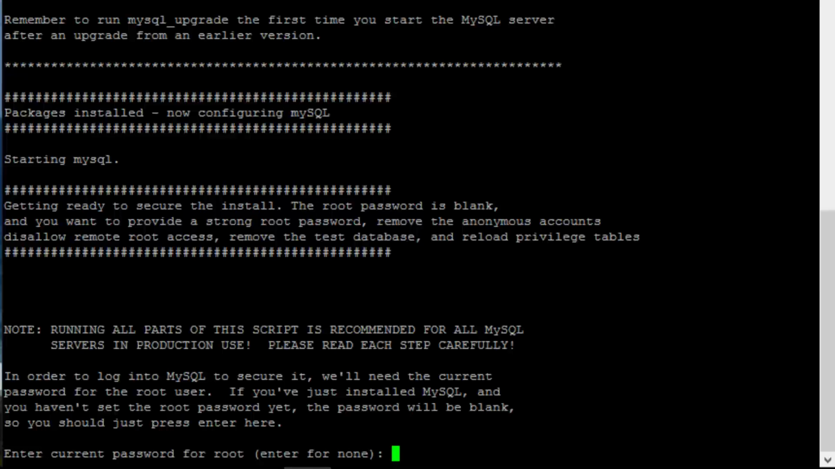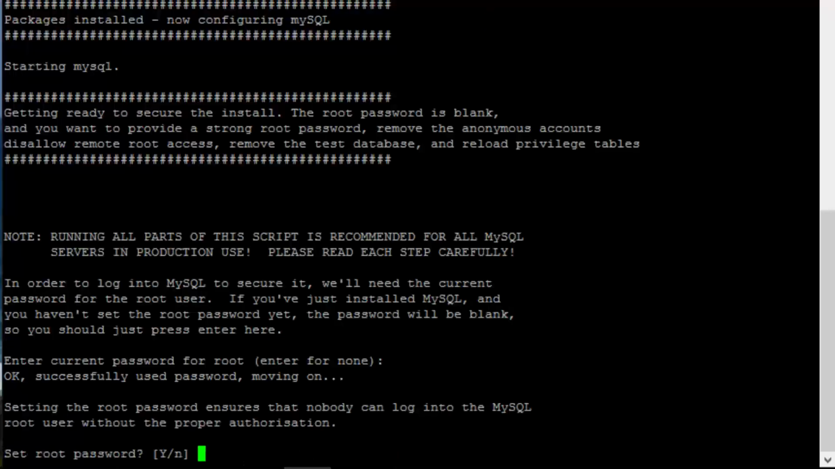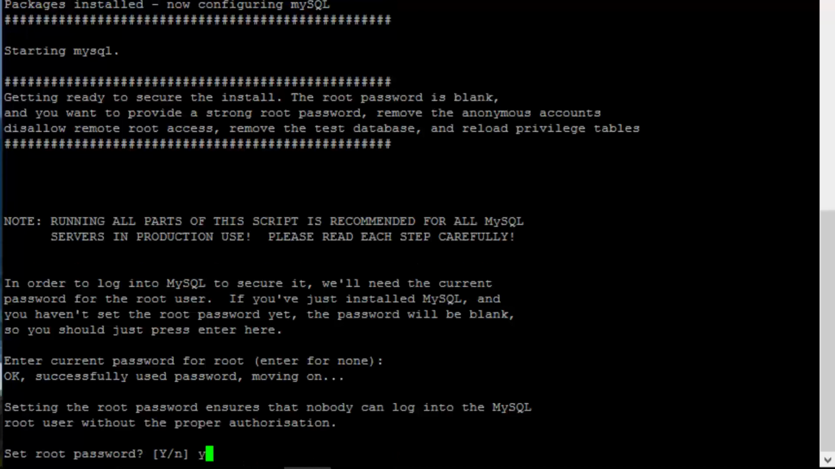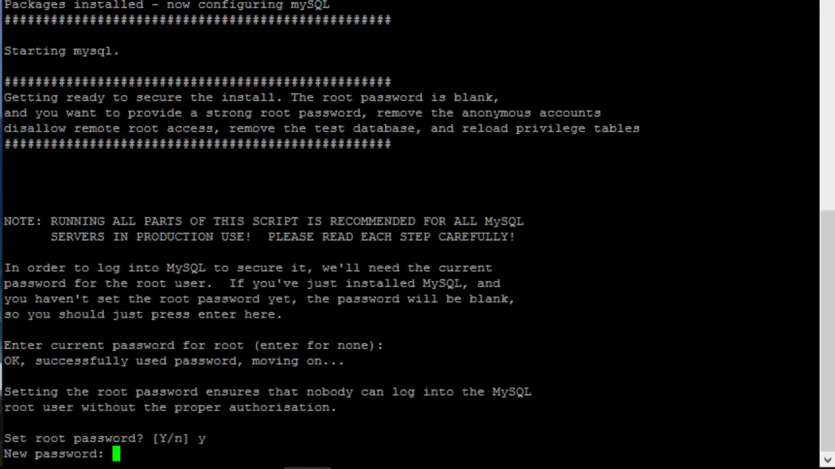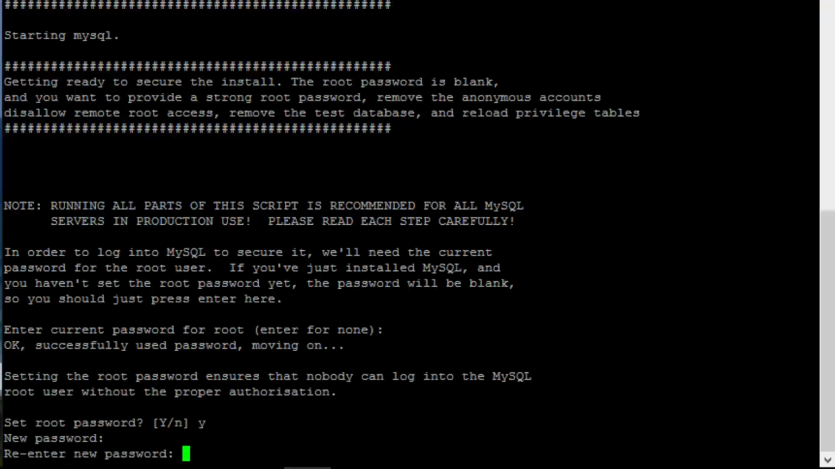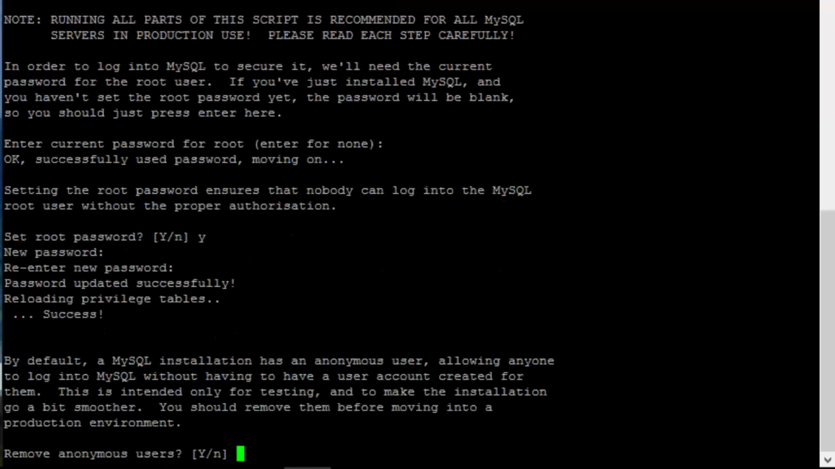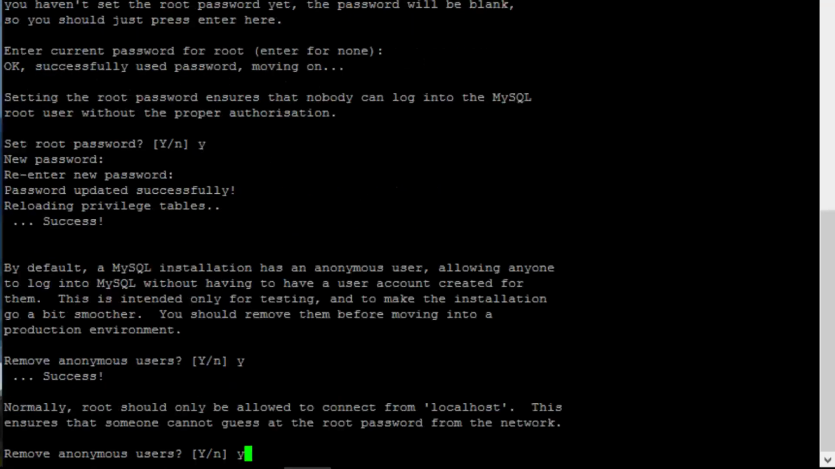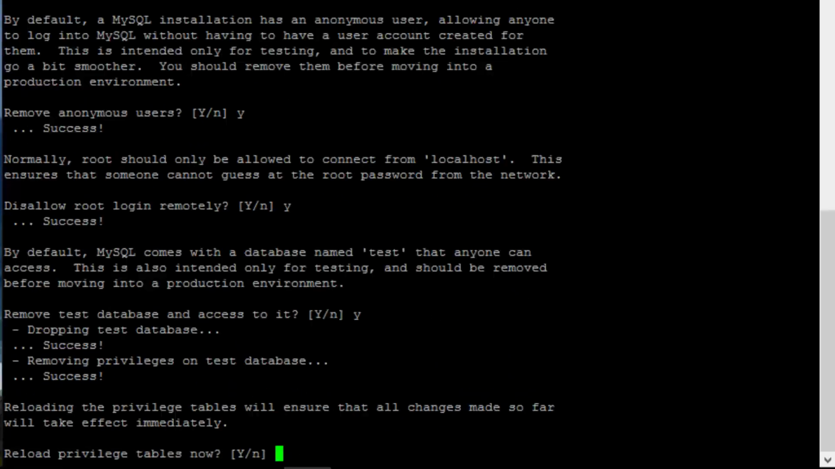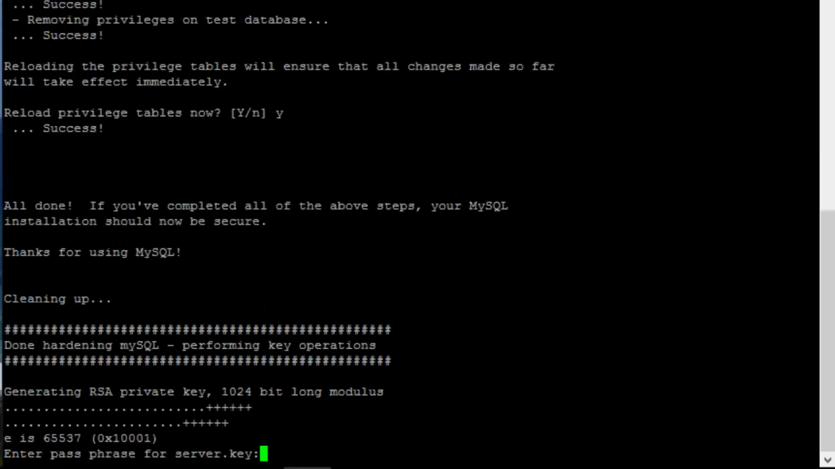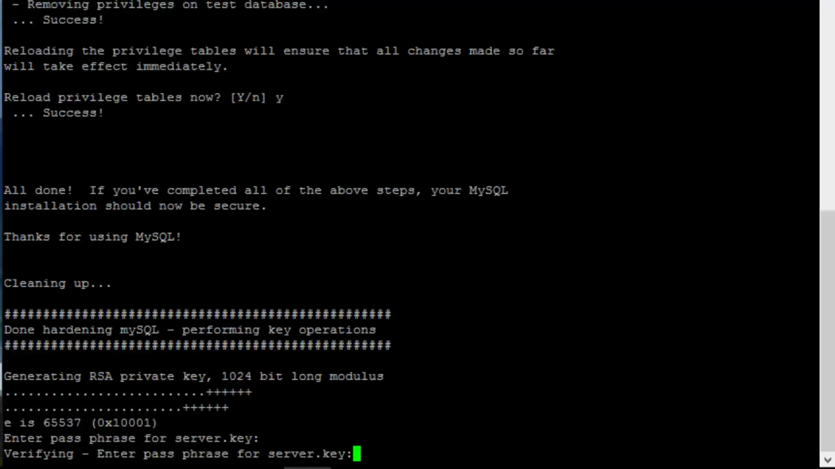But basically, now we're going to go and create a database for our ownCloud. So all we have to do is follow the prompts. As this is a brand new install, there's no current password for root, so we just go enter, and it says, do you want to set one? We go yes, put in a password, make sure it's secure, and don't forget this password, we'll need it later when we're installing ownCloud. So we want to remove yes, yes, yes, and reload yes. Put in a password,